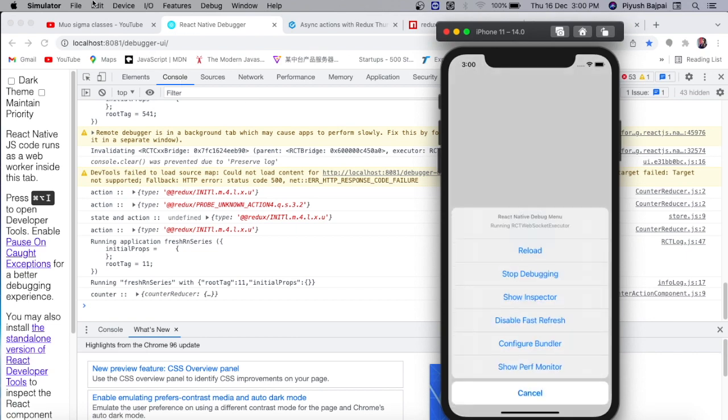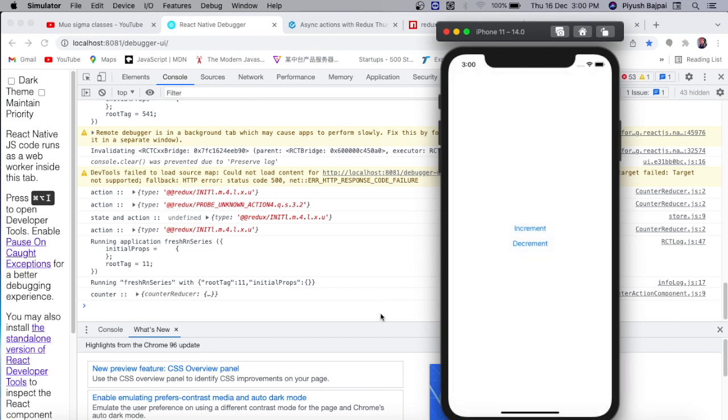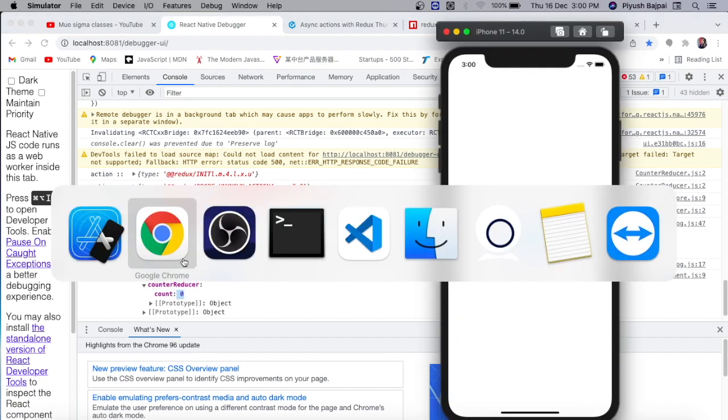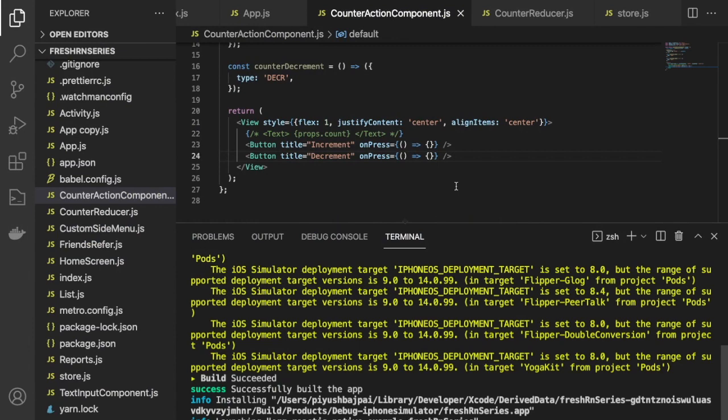Okay, this debugger is already open. So counter reducer: you can see we have count inside the counter reducer, that is 0. Go to this code again.